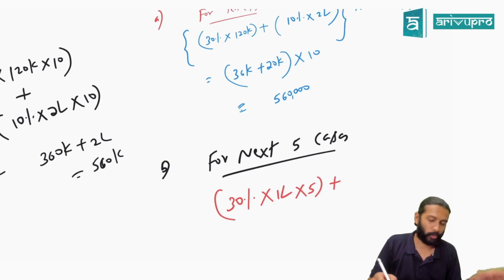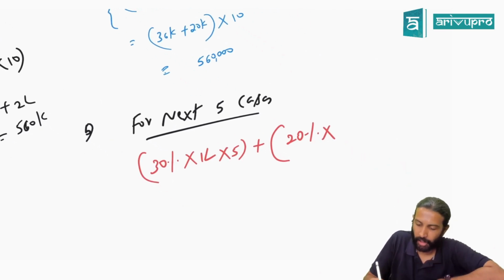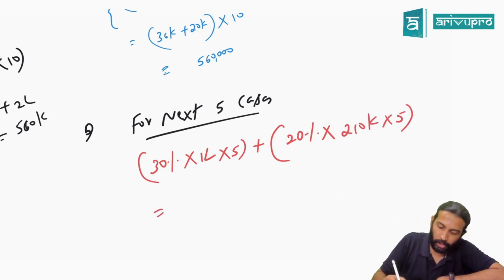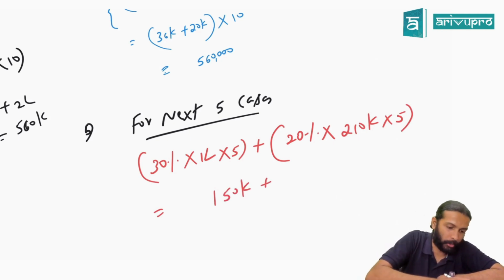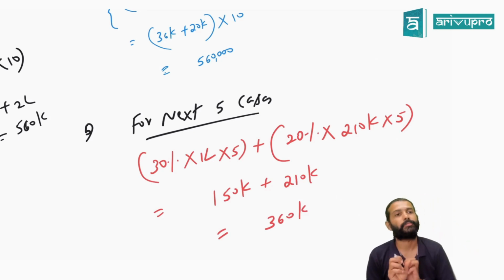5 cases. And there is one more 20% chance that you have to pay high damages. How much is the damages amount, sir? 1 lakh, 2,10,000. And how many such cases are there? 5 cases. Can you do this calculation? 30,000 into 5 is what? 1,50,000. And 42,000 into 5 is how much? 2,10,000 again. That means this will be 3 lakh 60,000. Got it, sir? Everybody, calculation is 360.